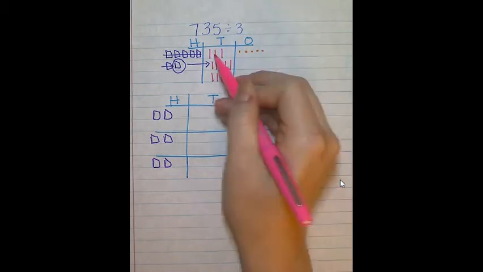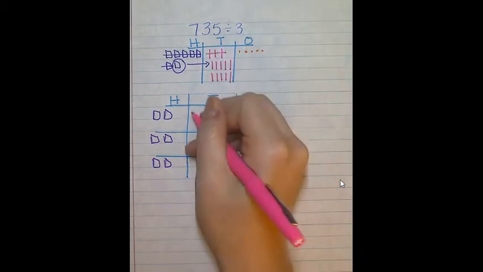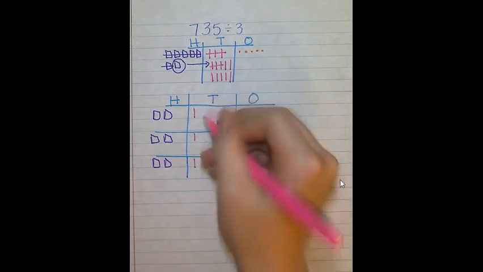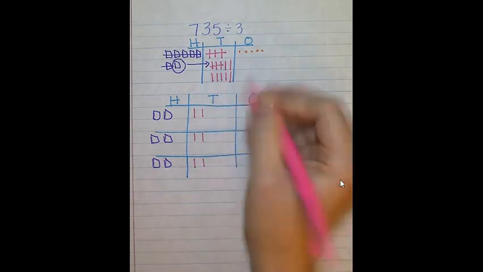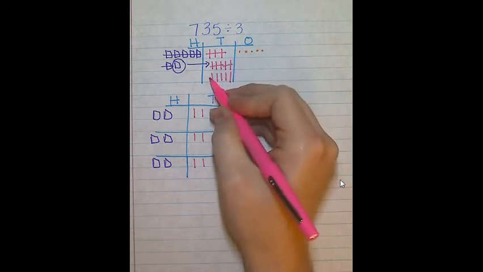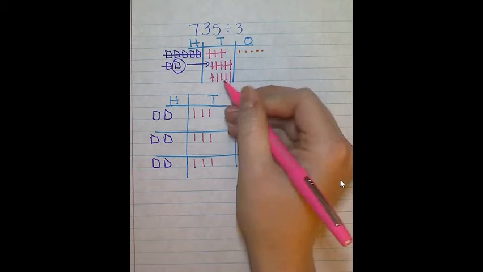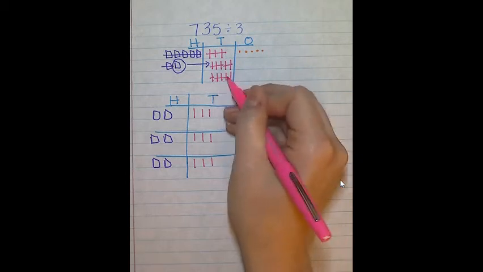So I see 3 right here, put 1 in each group, and then I'm going to take another 3, just keep going. You can also use your multiplication facts that you know, so I know 3 times 3 is 9, so I'm going to use 9 of my 10s,